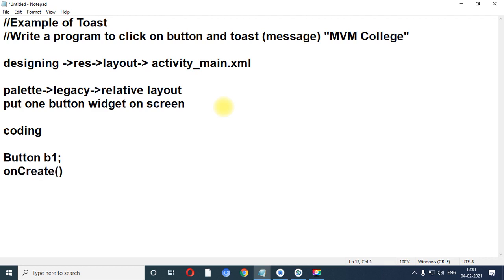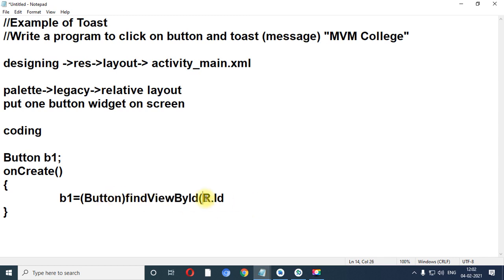In the onCreate method, first of all, we will perform b1 = findViewById. See, findViewById is the name of a method. How can I tell that this is the name of a class and this is the name of a method? If it is the name of a class, it starts with a capital letter, and if it is the name of a method, it starts with a small letter and then a capital letter for each word.